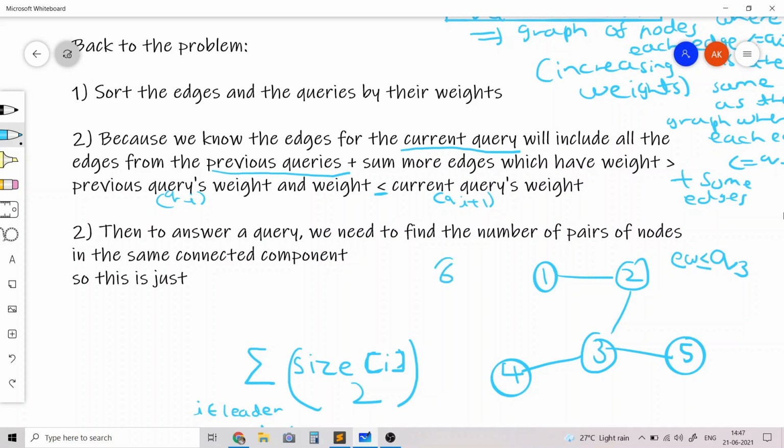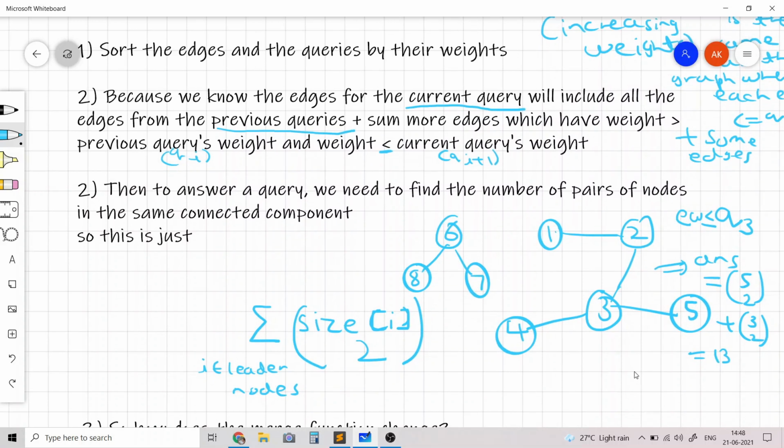And let's say that we have a second connected component with 3 nodes. Then the answer will just be equal to 5 choose 2 plus 3 choose 2, because there are n choose 2 pairs of nodes for a connected component with size n.